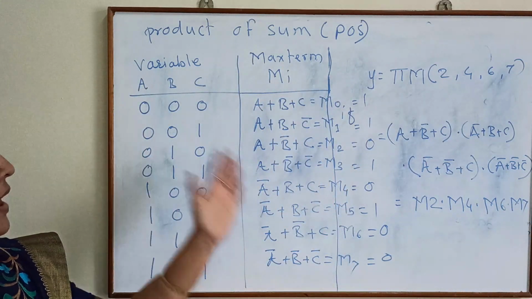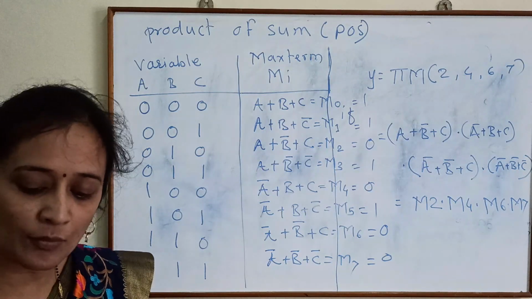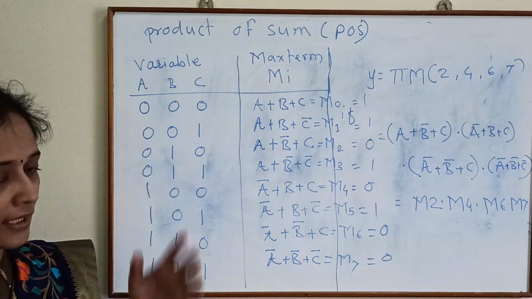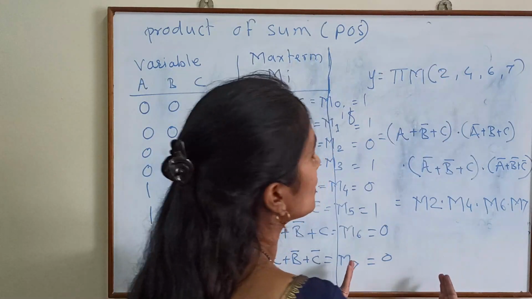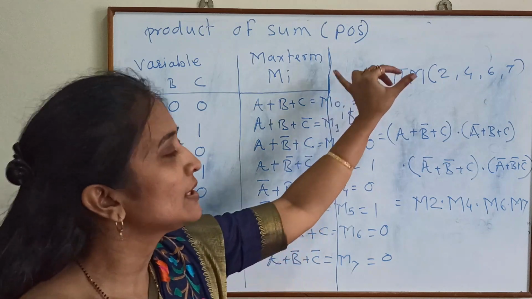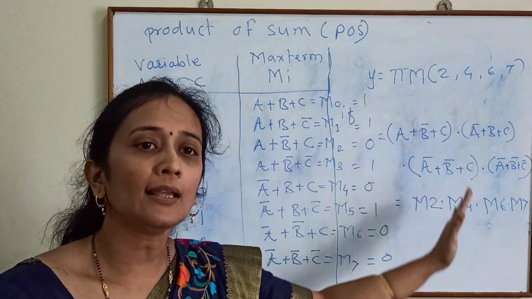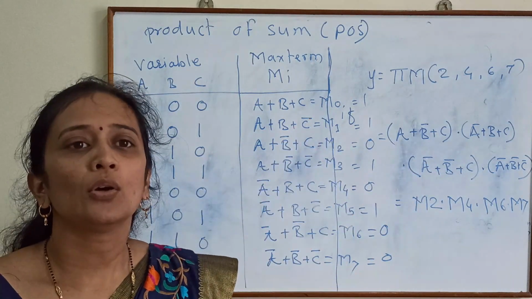This is max term. If a question asks you to explain min term and max term with the table, first you have to draw both the tables, or you can add here only one table, because this part is the same. First will be min term, second will be max term, and in between small m and capital M. That table is important, then you can explain in your own way.